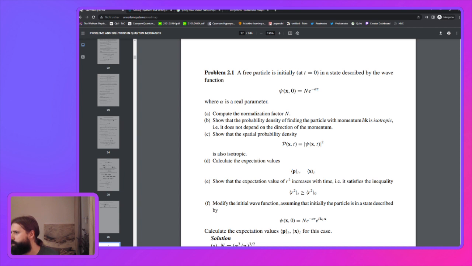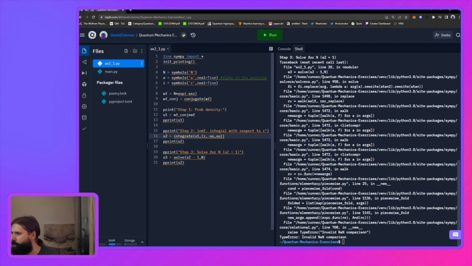It seems to be a function of the radius, right? It's telling us about the momentum, something being isotropic. But let's see how that changes. So if I go from 0 to infinite,